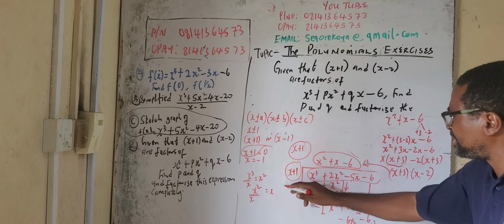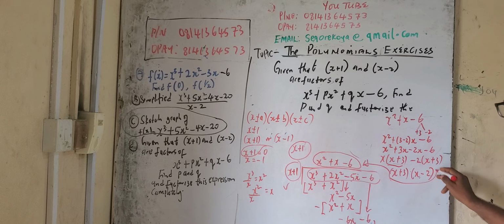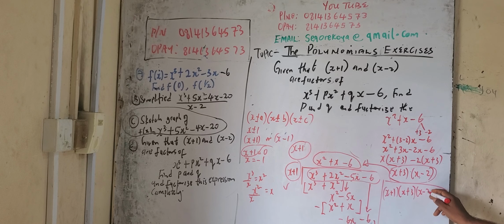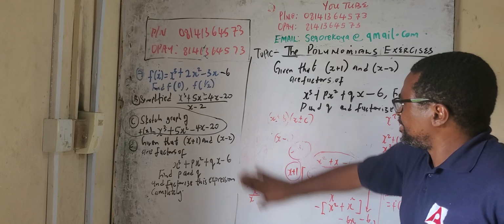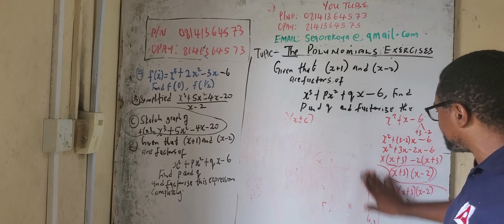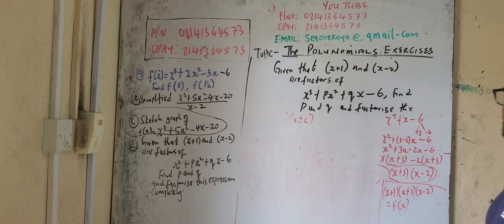So the combination of this factor together with what I have gotten here gives us this factor. So the factors we are looking for now are x plus 1 times these factors, x plus 3 and x minus 2. They are the factors of the polynomial f of x. Now, if the question says we should sketch the graph of this polynomial, I've already factorized the expression completely. But if the question says we should sketch the graph of that polynomial,